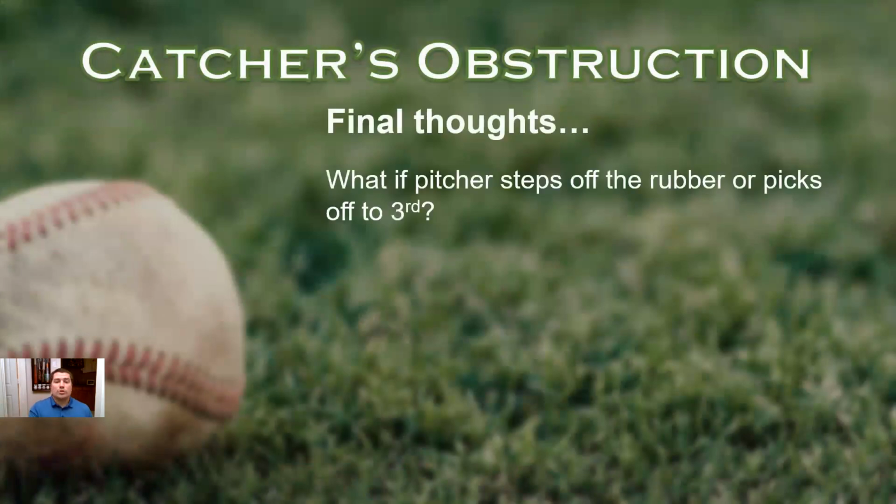So if the pitcher notices that the runner is stealing home, what happens if he steps off the rubber? Well, if he steps off the rubber, the pitcher is no longer acting as a pitcher, but instead is acting as a fielder. Then he can throw home. It's just like he's making a play on a runner. That is totally legal. He throws home. The catcher can come out of his stance, and he can come out and field just like any other play